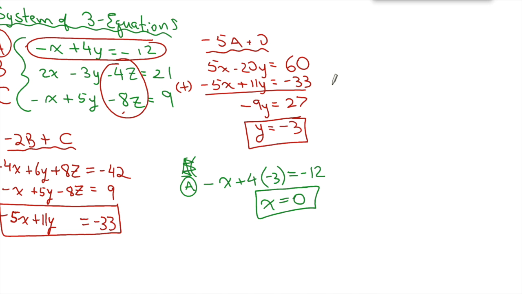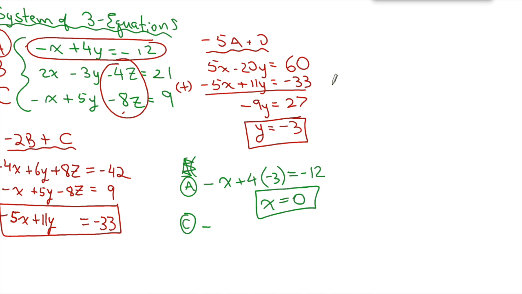What's left? Z. So which one of these equations can I use to get to Z? The last ones, B or C. So it's B or C that you can use. Which one looks nicer? C looks a bit better. So if I take C and I plug in the X and the Y that I've solved for,